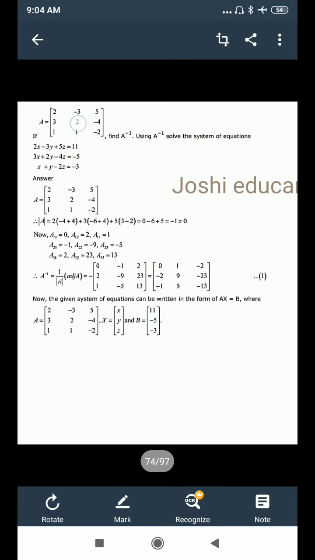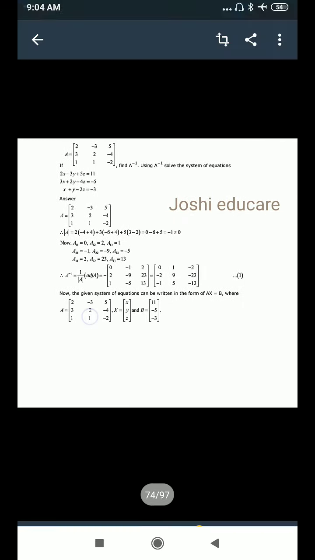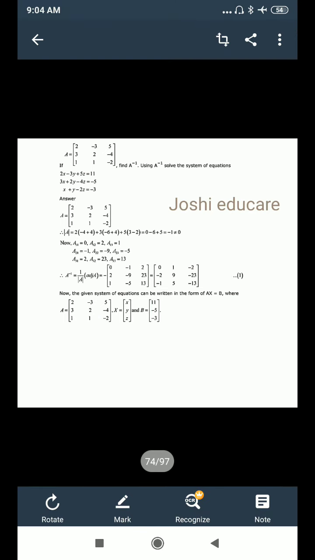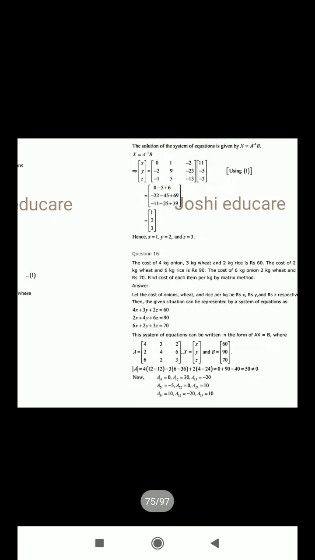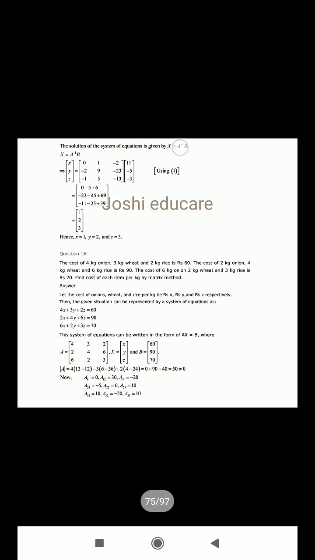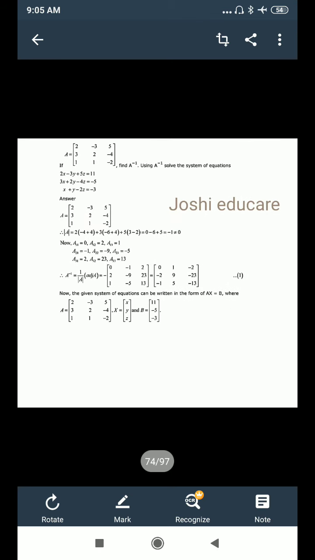In the given question, you have to find the inverse of this to solve the system of equations. So you directly put the value of A inverse as equal to this much. Because the question is given in two parts. First part, you have to find inverse of this. It may not be the same every time, but in this case, this matrix and this matrix are same. While solving the equations, we need the inverse of this A. That is already given, so you need not find it again. You just replace the value of the inverse of this with this much.